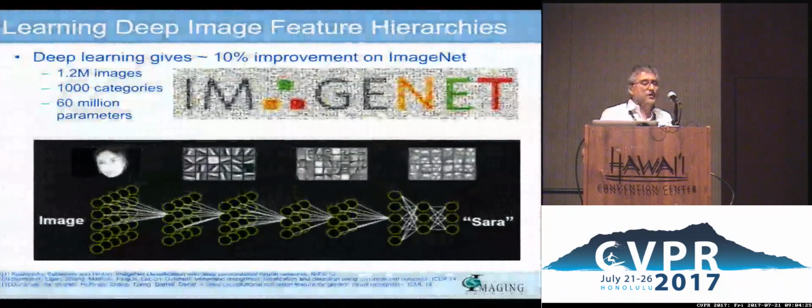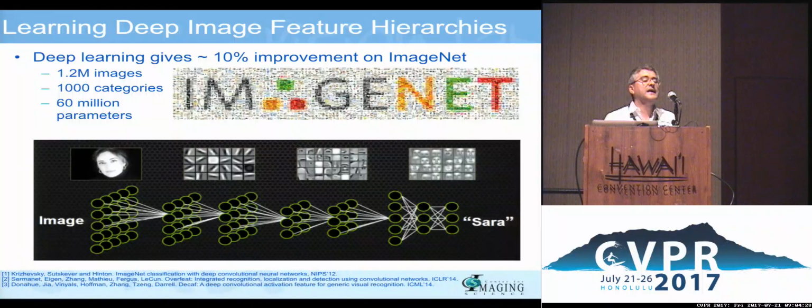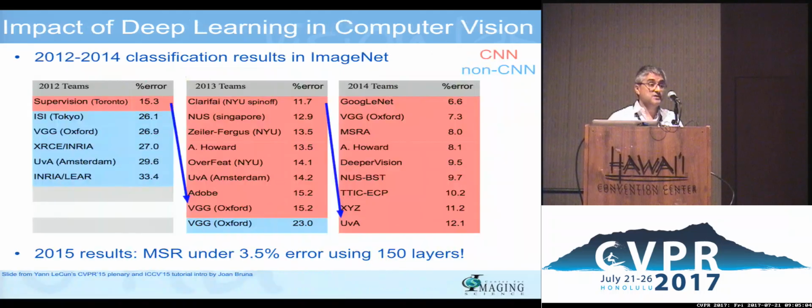So, as we all know, ever since 2012, deep learning has become mainstream in computer vision. And one of the major reasons has been the outstanding performance in a variety of visual recognition tasks. In particular, up until 2012, much of the object recognition methods were improving at a small rate, maybe 1 or 2%. And in 2012, there was this dramatic 10% improvement by training a deep network on ImageNet, a network that also had a very large number of parameters. And the rest is history.